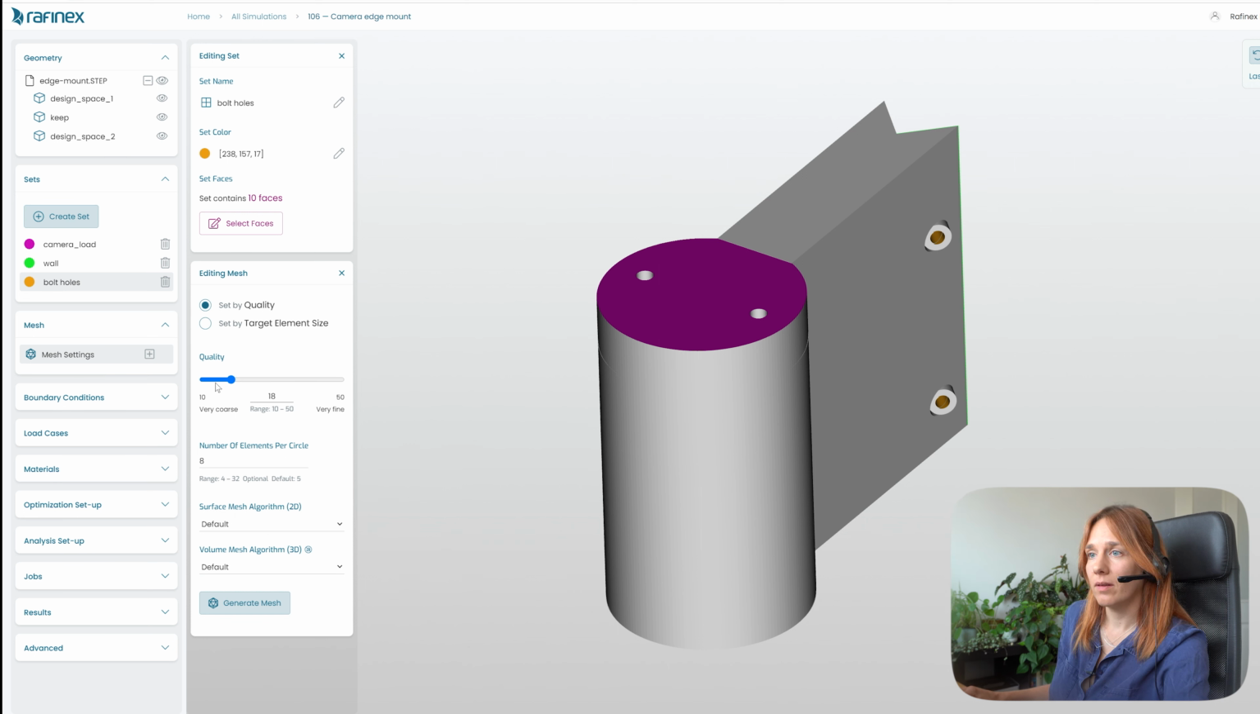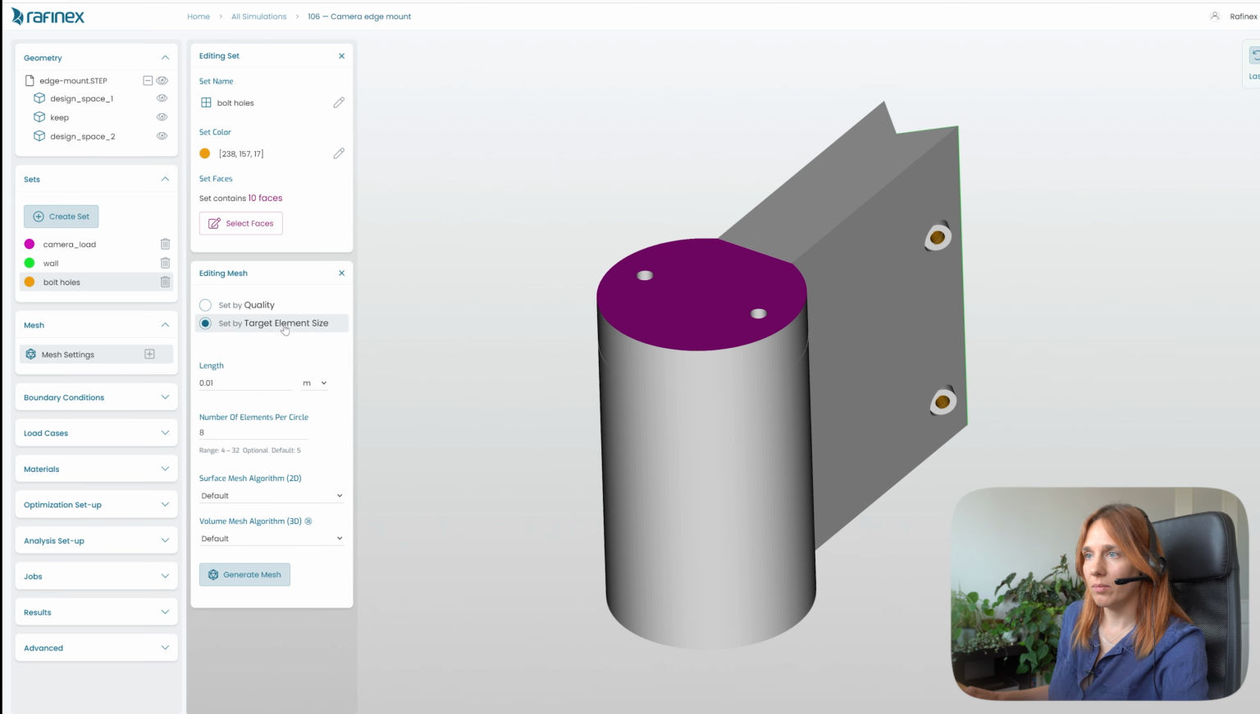So as I said, you can set it by quality, you can also set it by target element size. So be aware that this is meters, so you can have a 1 millimeter mesh here, for example,